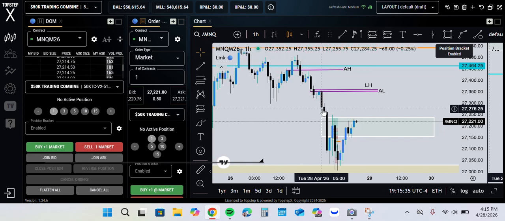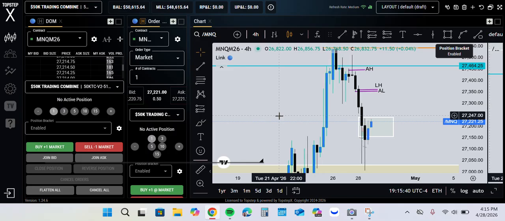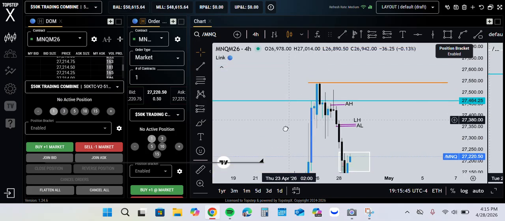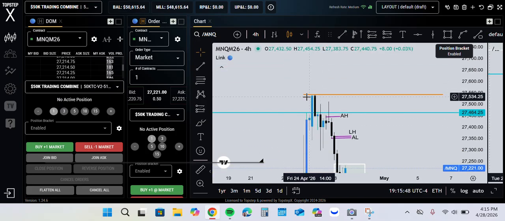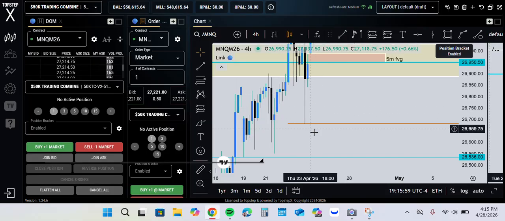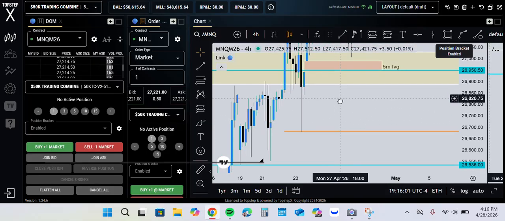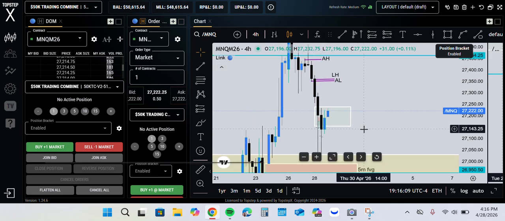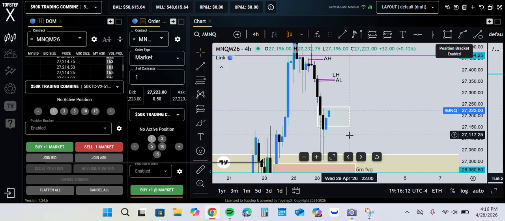The next thing that I would consider doing is going on the 4 hour time frame. On the 4 hour time frame, I like to mark out any points of draws on liquidity that there might be. So I marked out the all-time highs on the 4 hour, and I also marked out this wick right here. I knew that it probably wasn't going to go all the way down here, but this definitely was a draw on liquidity that the market would have gravitated towards, so I decided to mark it out. And on the 4 hour,